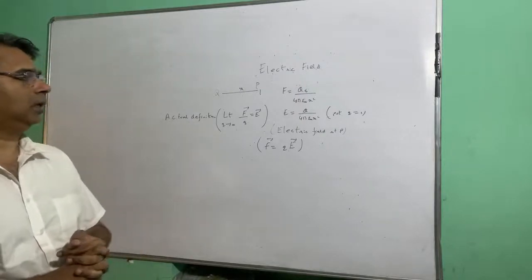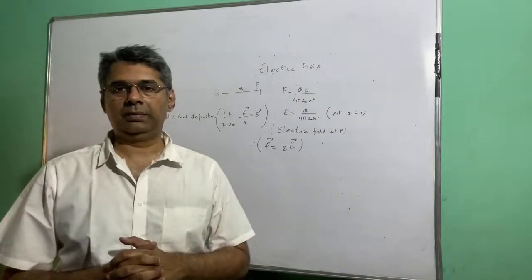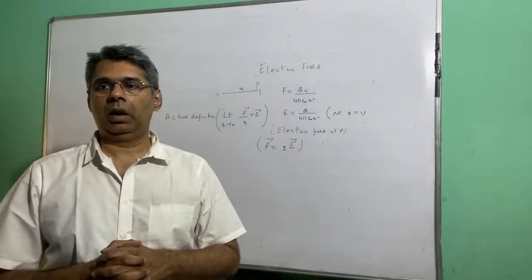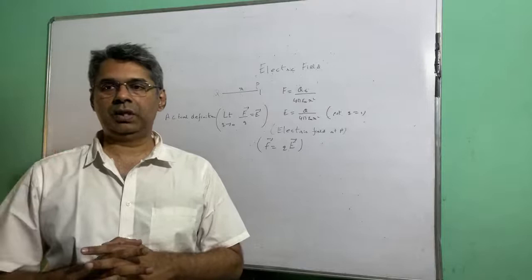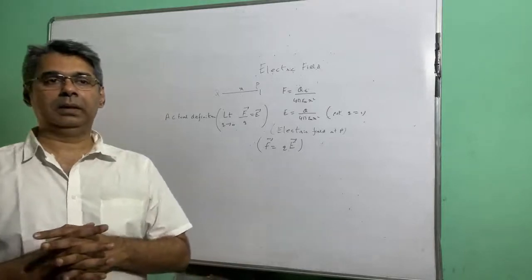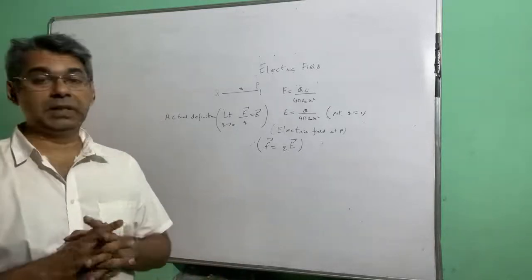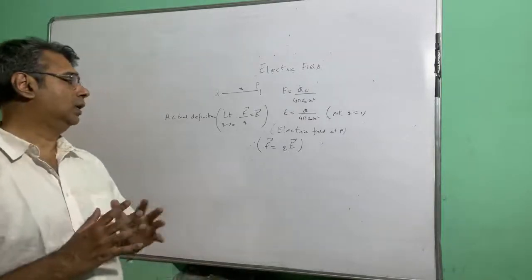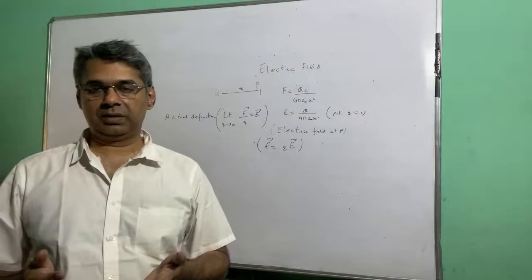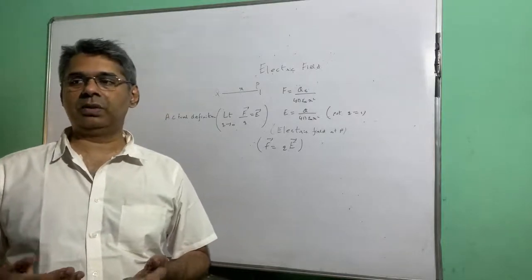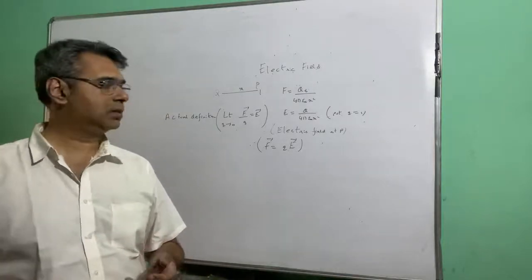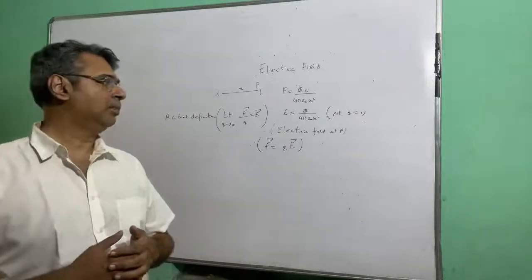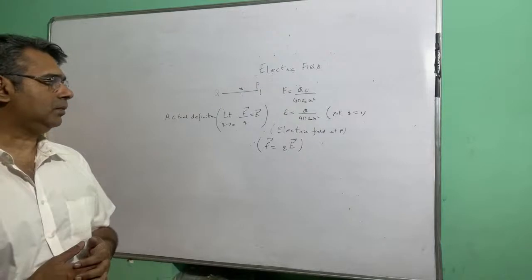Now when you are doing a numerical of electric field, whenever you are doing any numerical of electric field, all you have to do is remember that the electric field is for a particular point. Number one. Number two, you may be using vectors. Like in Coulomb's law also there will be sums where you will have to use vectors. So for electric field also you may have to use vectors. That is number two. Number three,